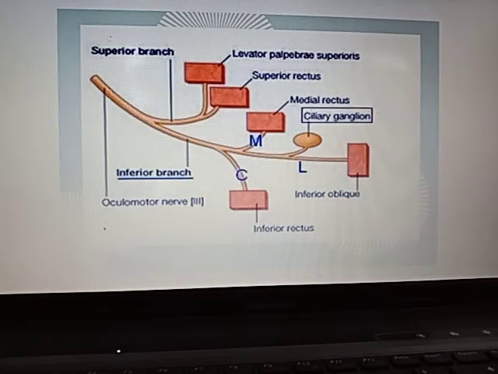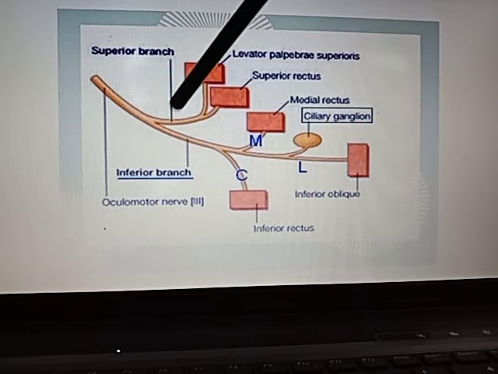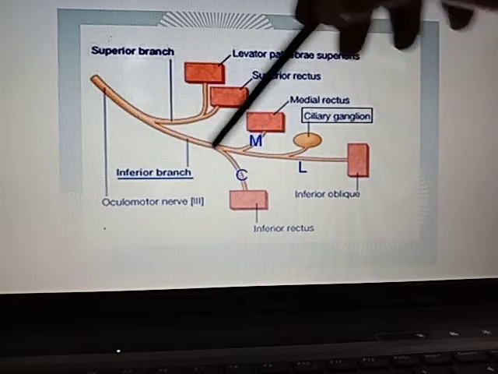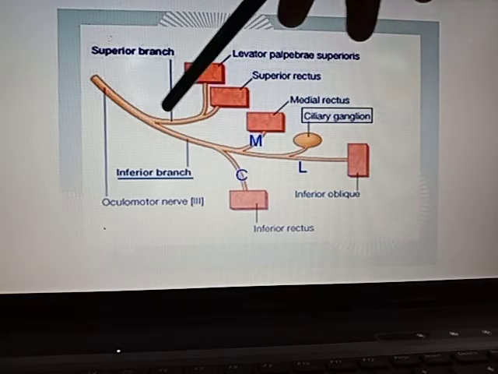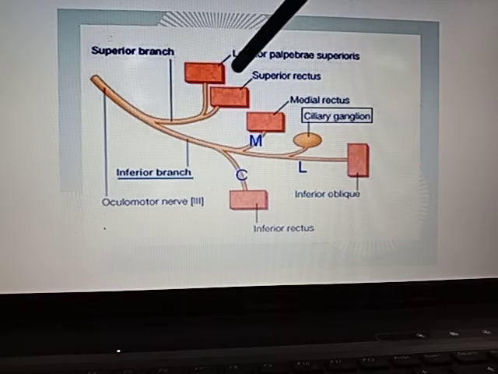These are the branches, the superior branch and the inferior branch of the oculomotor nerve inside this orbit. The inferior branch is the larger, and the superior branch supplies the levator palpebrae superioris and the superior rectus. And this inferior branch supplies the medial rectus, the inferior oblique, and the inferior rectus. Okay. And it also provides one branch to the ciliary ganglion, and from the ciliary ganglion, the nerve goes to